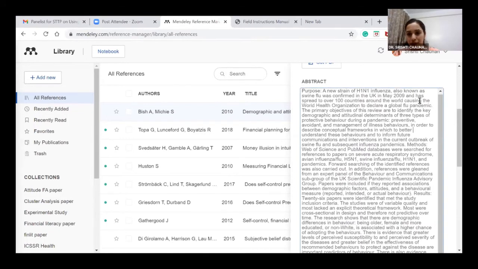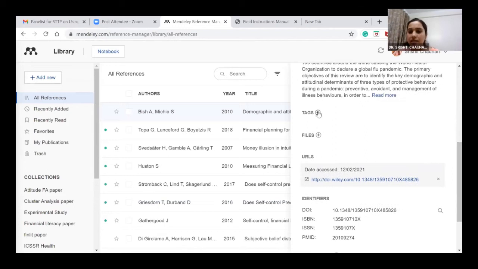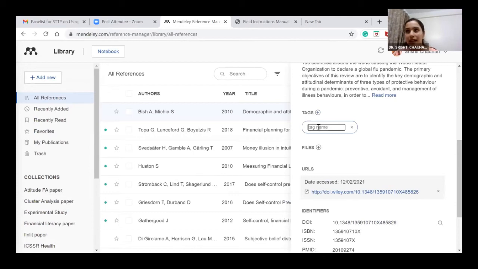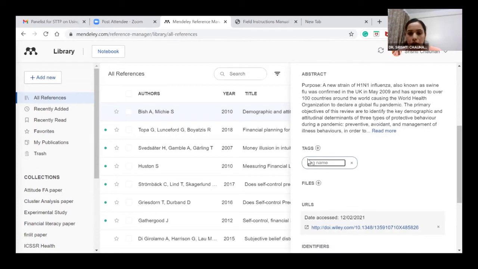तो इसमें हमारा पूरा ये ऐसे एब्स्ट्रैक्ट भी आ जाता है। नाउ नेक्स्ट थिंग इज टैग्स। टैग्स जैसे आपको ज्यादातर पता होगा कि कीवर्ड्स की तरह होते हैं। अब सपोज इसमें ऑलरेडी कोई टैग डला नहीं हुआ था, ठीक है, तो मैंने डाल दिया, सपोज किसके बारे में है ये पेपर, इट इज अबाउट प्रोटेक्टिव बिहेवियर, ओके फाइन, तो मैं डाल देती हूँ प्रोटेक्टिव बिहेवियर, ये मेरा कीवर्ड हो गया। मैंने आपको बताया था कि जनरली कीवर्ड बहुत रेलेवेंट होता है। कई बार जब सर्च करते हैं कहीं पे भी कोई पेपर,